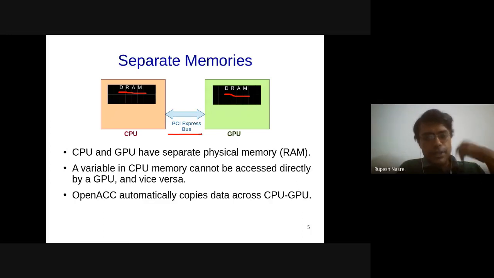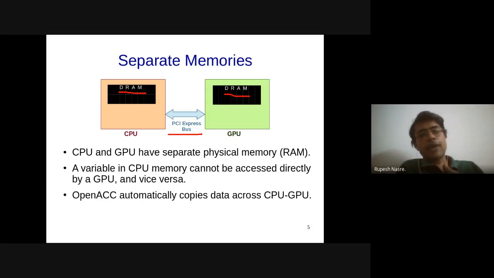It so happens that OpenACC underneath copies this data across the two devices automatically without your knowledge, and that can be a real boon because it can simplify your programming quite a bit. However, it can be a downside also. If you want performance out of your code, leaving it all to OpenACC to figure out when to copy data and how much data to copy may not always be very clear from the way the code is written.